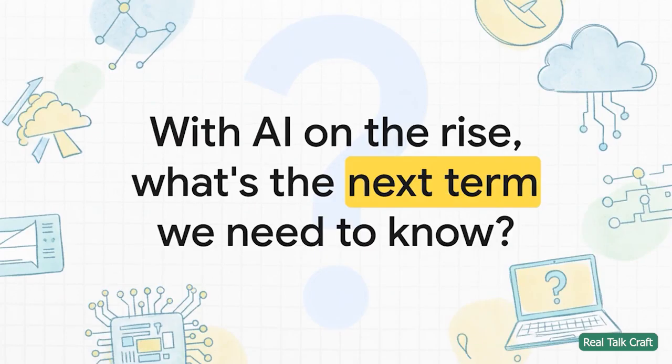And that, of course, brings us to the future. Just like broadband and gigabyte became words we all use, the rise of things like artificial intelligence is creating a whole new vocabulary we're going to have to learn. The evolution of tech is constant. So I'll just leave you with this question to think about. What do you think is the next essential tech term that we're all going to need to know?